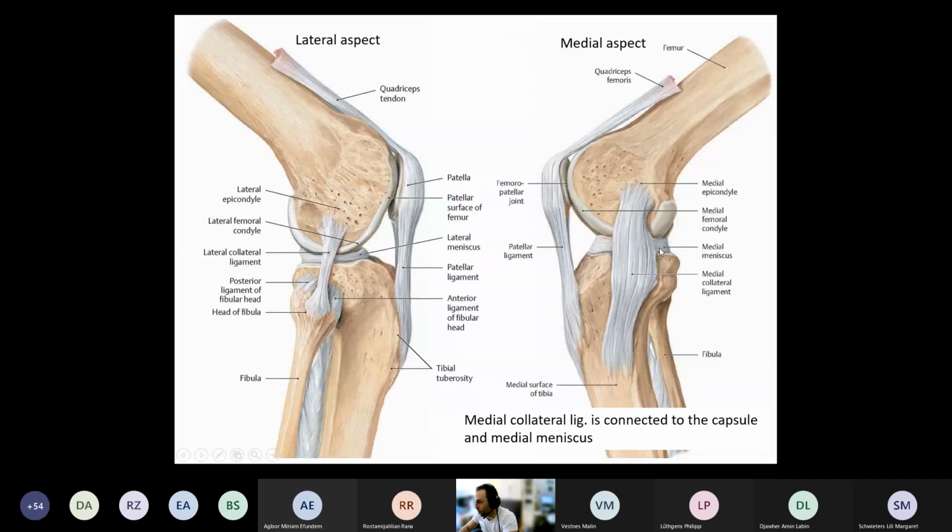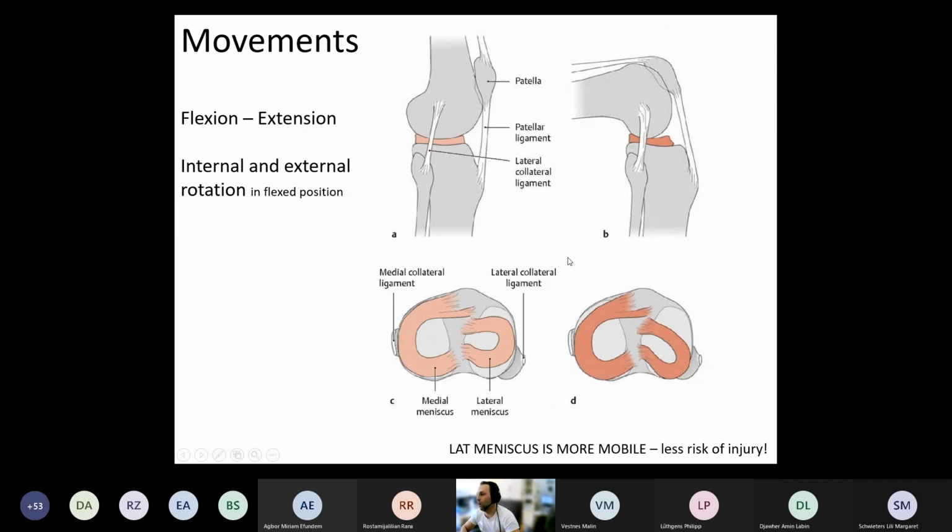and I would like to remind you that there was no gap between the medial meniscus here and the medial collateral ligament. So here you also have a connection between these two structures, or three structures, because the capsule, medial meniscus, and medial collateral ligament are interconnected. Okay, further details in practical classes,